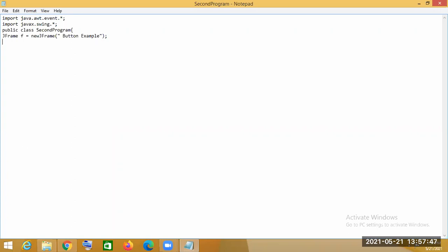Then what we have to use? We are trying to say that if the button is pressed, some text will be written in the text box. We are saying that if we press the button, then some text will be shown in the text box. So for this, we first have to use the text field also.